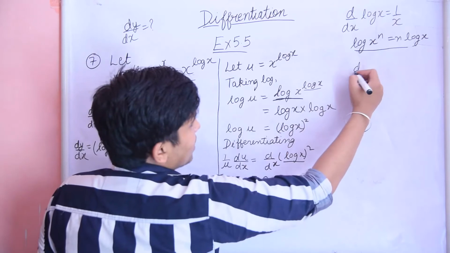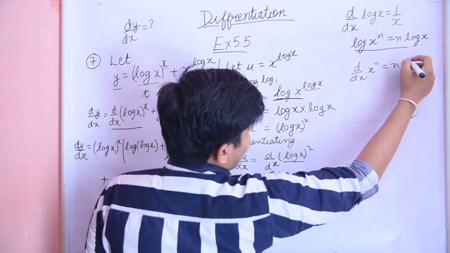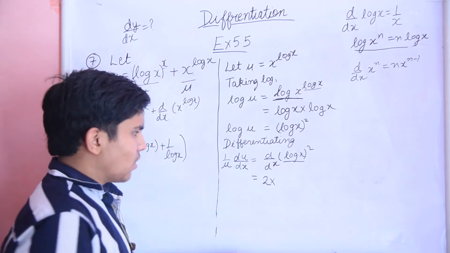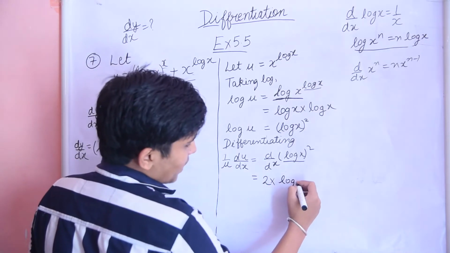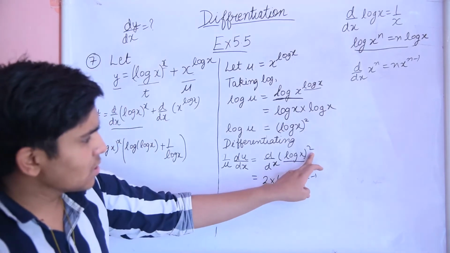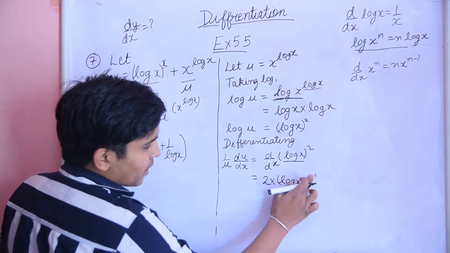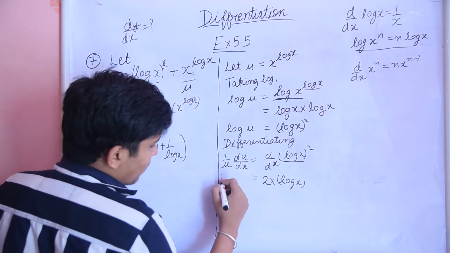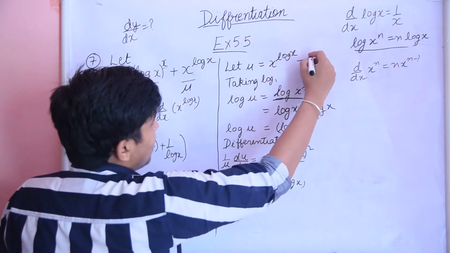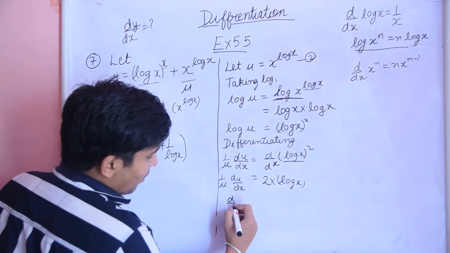As you already know, differentiation of d by dx of x raised to n is n x raised to n minus 1. So differentiation of this will be 2 into log x raised to 2 minus 1, because here n is 2. So what we are left with is 2 into log x. And here we have 1 upon u du by dx. So putting the value of u from equation number 2 here, we will have d by dx of